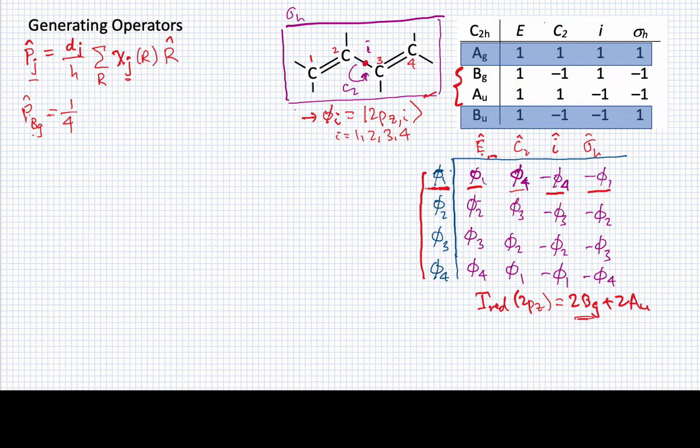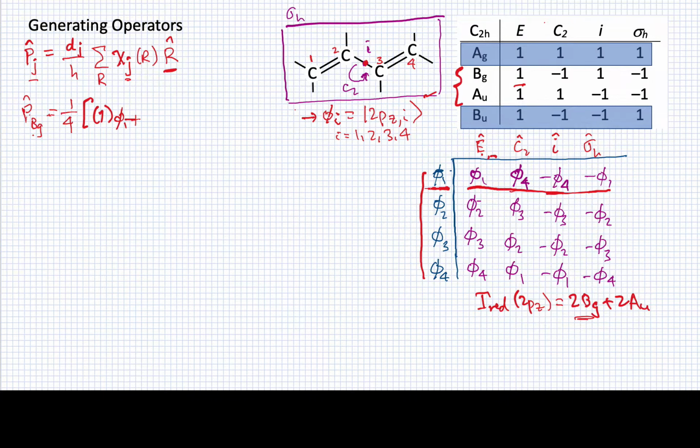So we'll always have 4 there. Now when I use BG, I'm talking about taking this character times the operation of each of these elements, for example, on Phi1. So I'll have the sum of 1 times Phi1, representing the operation of the identity operator on Phi1,